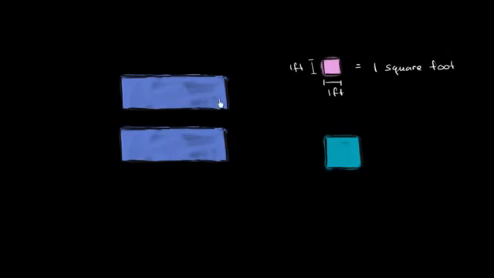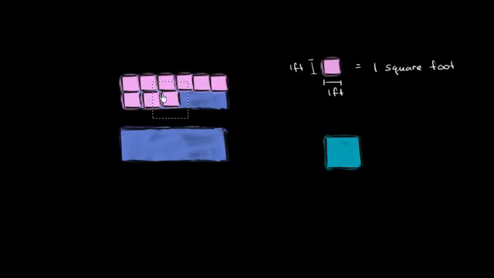So let's see how many square feet we can get onto one of these rectangles, and essentially we'll be measuring its area in terms of square feet. And so we want to cover the entire space without overlapping and without going over the boundary. So that's 1, 2, 3, 4, 5, and 6. 6 in that first row, and then I have 7, 8,